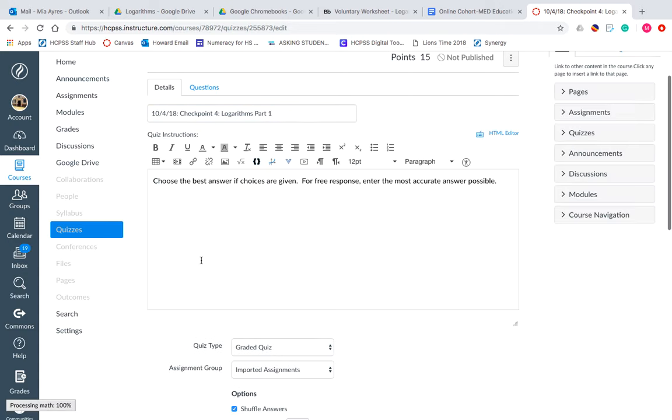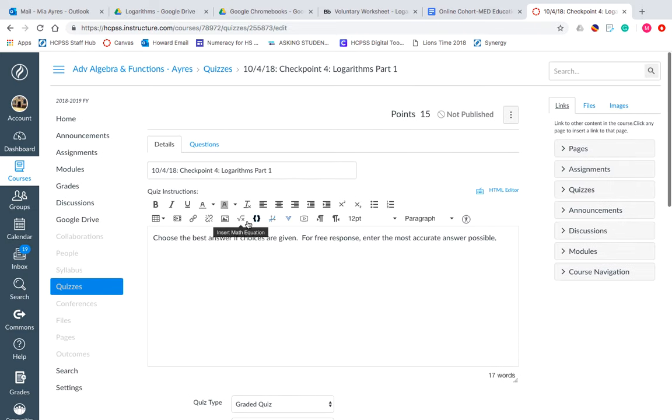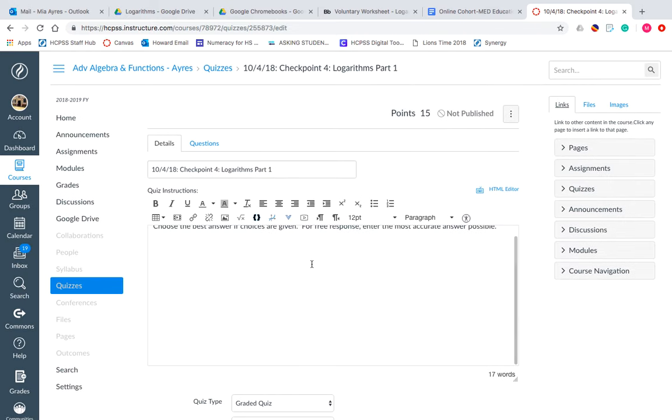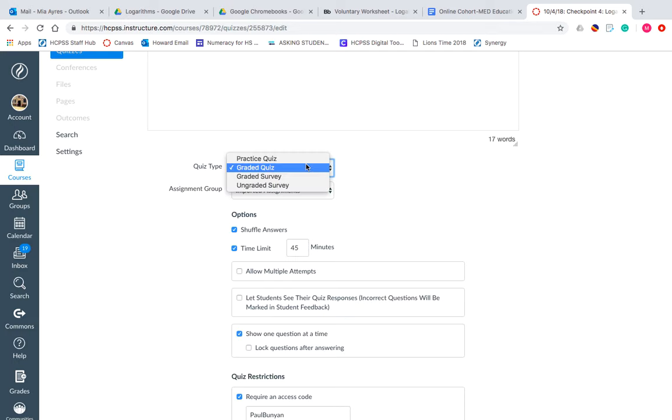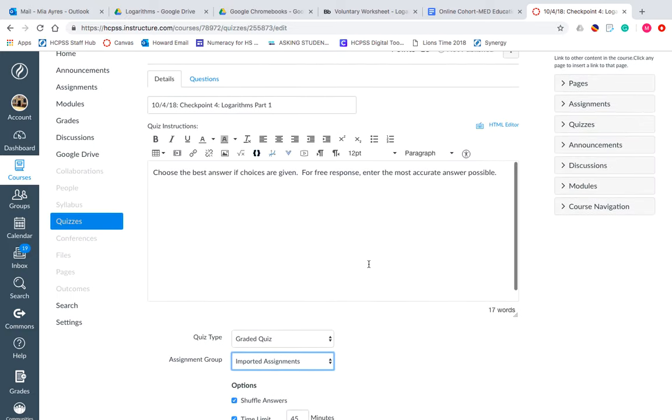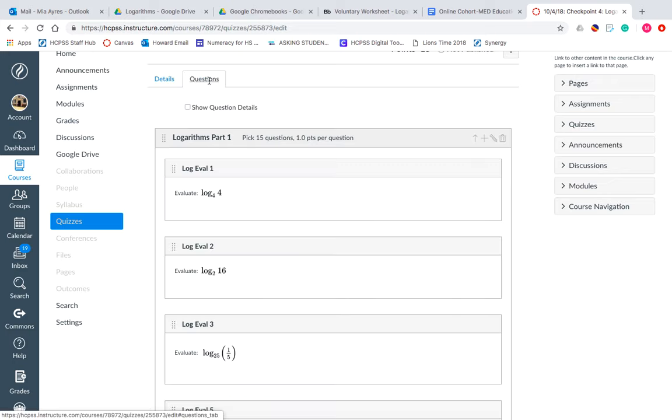And on this page, you can give a description and directions for your students. And here's where you can change how you want it to show up for the students. Right now it's listed as a graded quiz, but you can also make it a practice quiz, a graded survey, or an ungraded survey. You can put it in as extra practice, homework, classwork, tests, quizzes, maybe a module, whatever options you have already made as assignment groups in your Canvas course. You can shuffle answers, offer a time limit. Most of you already know about this, so I'm going to move along to where you can actually edit the